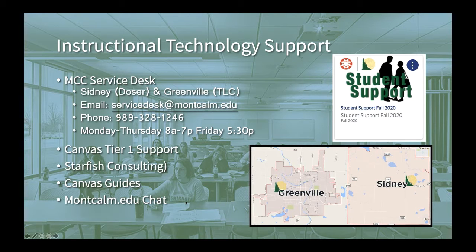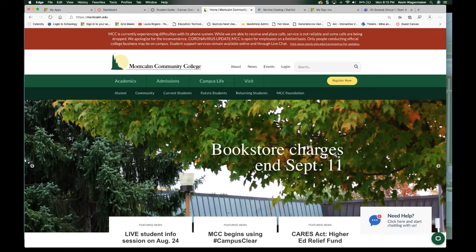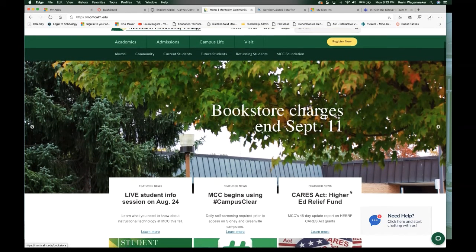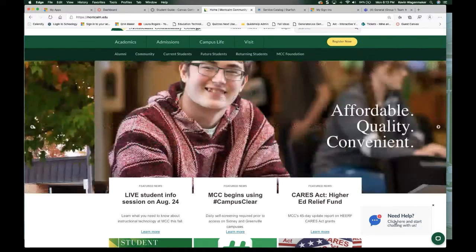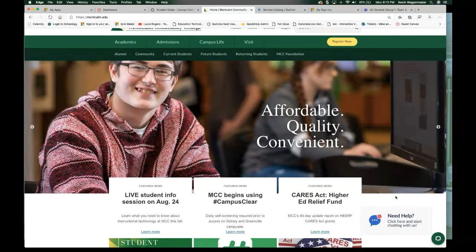And last but not least, I mentioned the Canvas guides, but I also want to make sure that you know about our chat feature. This is something that we enabled way back in March. It seems so long ago now. But right here in the bottom right-hand corner, if you click on this, that will start a chat with one